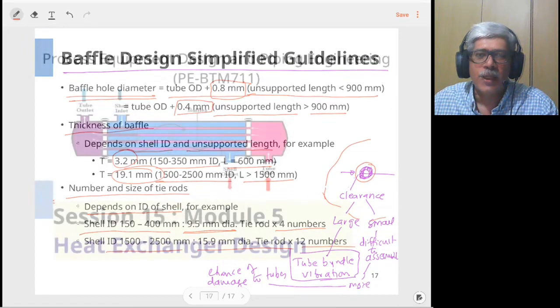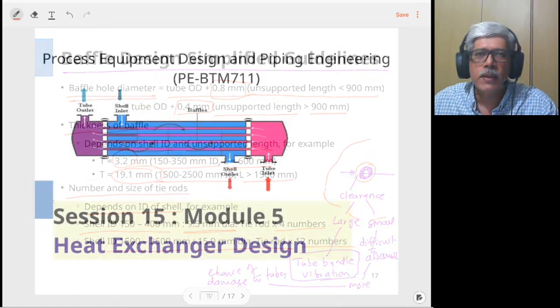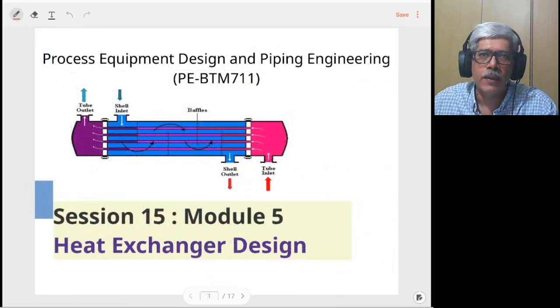So let's summarize. In this particular session, we have seen different types of heat exchangers, the different service conditions that they meet, the design codes such as ASME and TEMA, or Tubular Exchanger Manufacturers Association, as design guidelines. And then we have seen a brief manufacturing sequence and also the constructionally important parts of a heat exchanger. Later on, we have seen the simplified calculation for the tube sheet thickness.